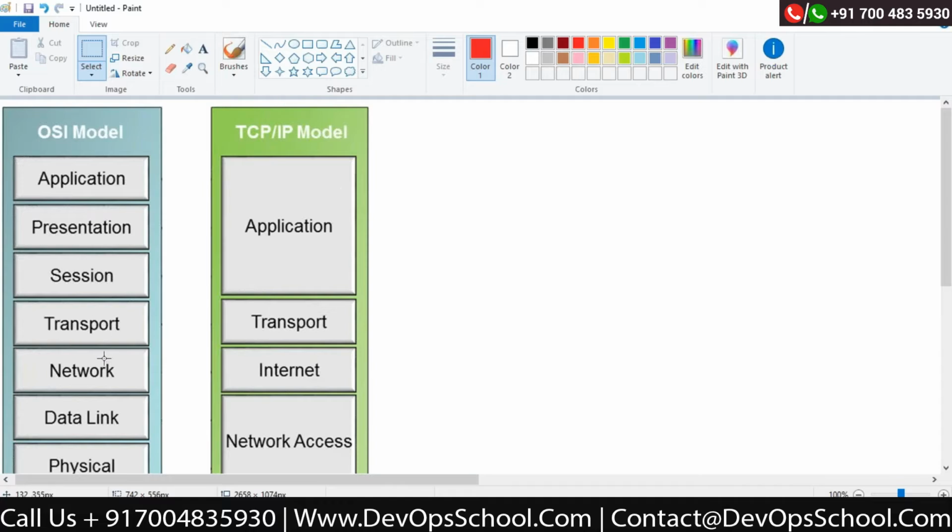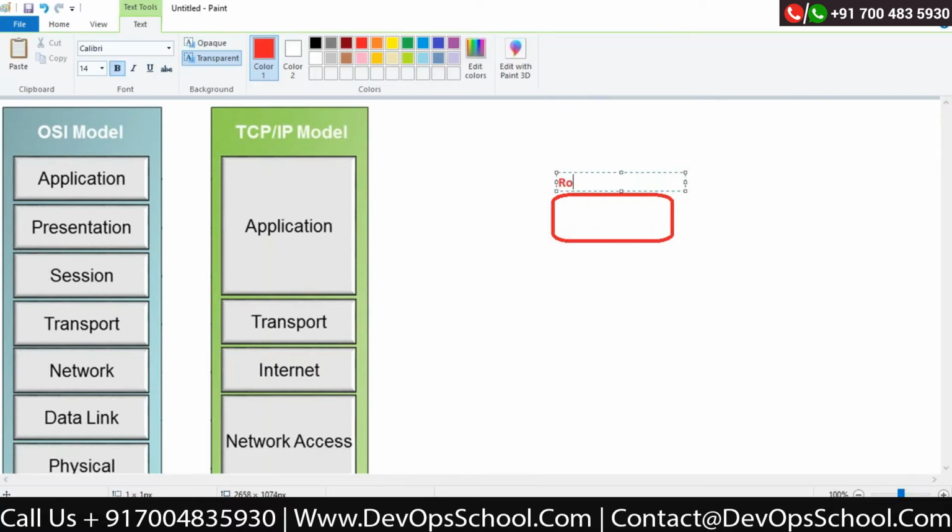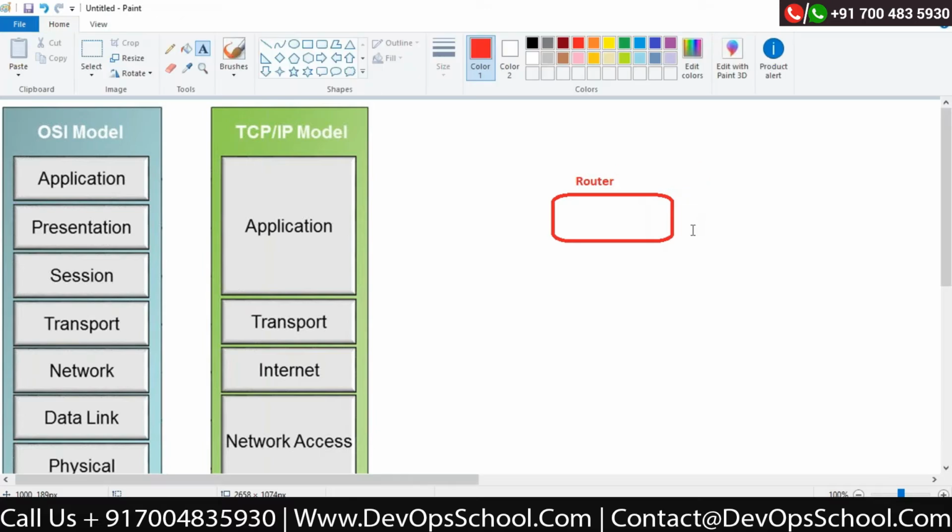Now this function is actually built on the device called the router. You might be doing monitoring on this device, but the router is a device. Don't worry, in CCNA you will come to know how to configure the router, correct? But this part will cover the theoretical part, how the router works.